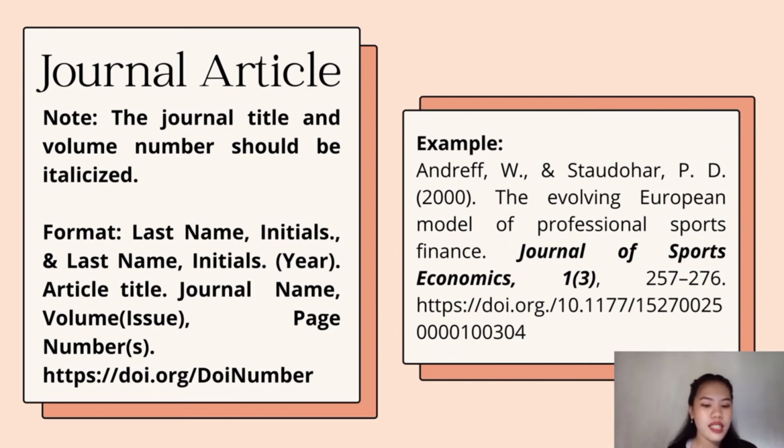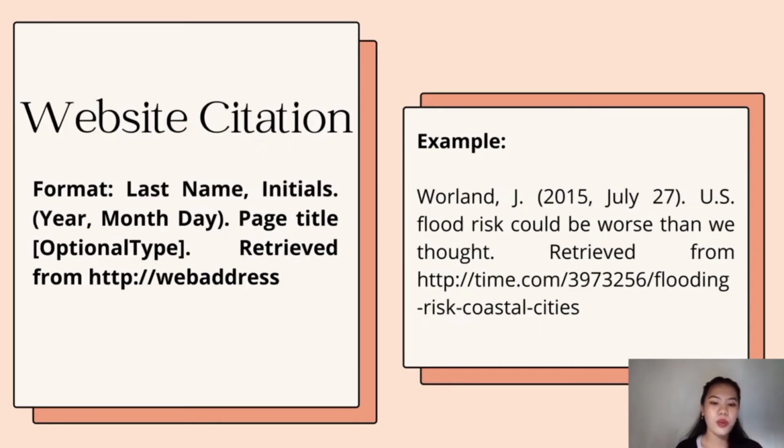So as you can observe in this example, the journal title and the volume and the edition, or the issue rather, are italicized. And then lastly is the website citation. So the format we have here is the last name of the author, followed by the initials, and then followed by the complete publication year, and then the page title, and then the retrieved from what website. So we have here an example, Warland D, comma, the initials of the author, which is J, and then period, open and close parenthesis, the complete publication year, which is